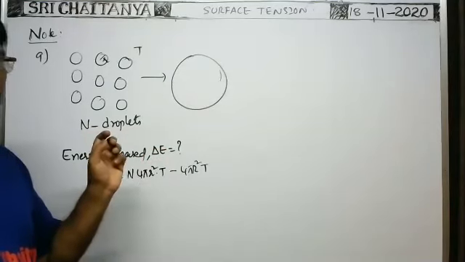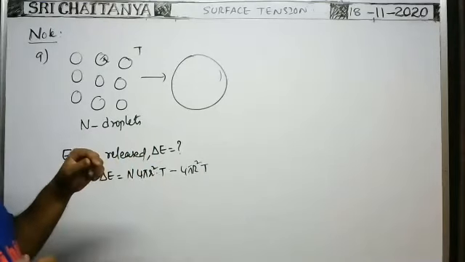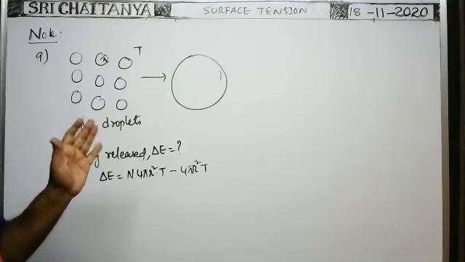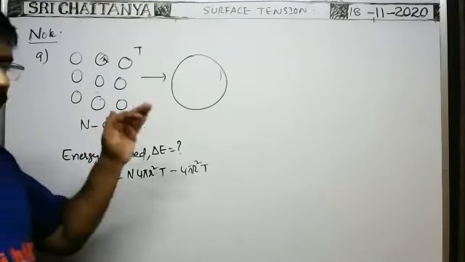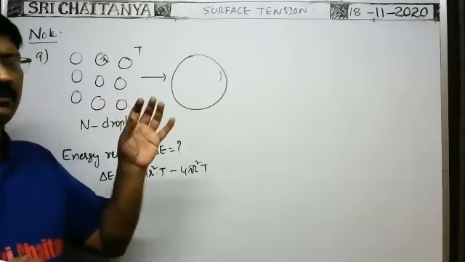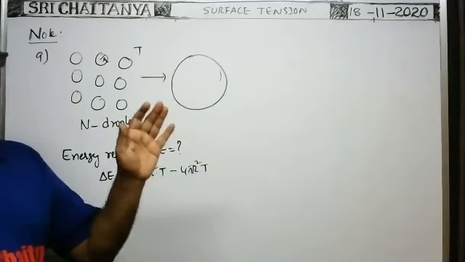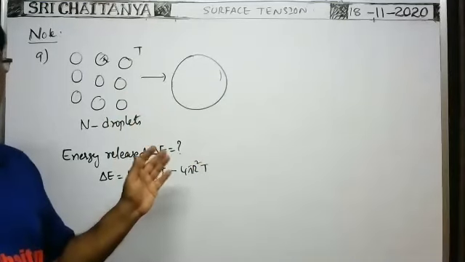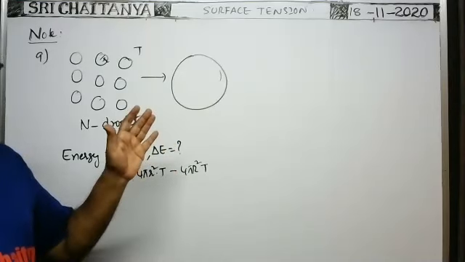Work done to increase the radius of the liquid drop from R1 to R2, what is the work done? Work done to increase the radius of the soap bubble from R1 to R2, what is the work done? Already we discussed that. Okay, next, in those cases, whenever the big drop is divided into n droplets, then energy is lost. That energy lost, already we derived the formula for them. That energy is lost there.